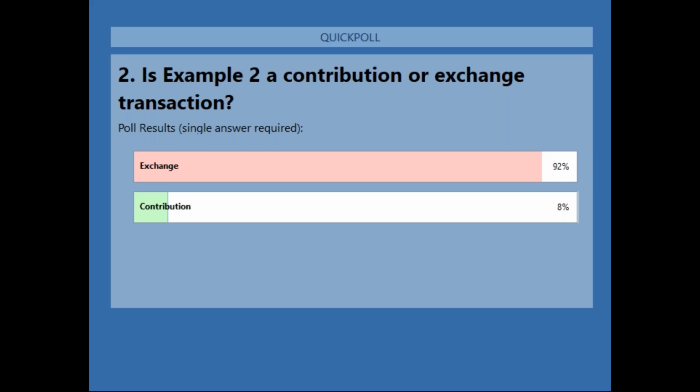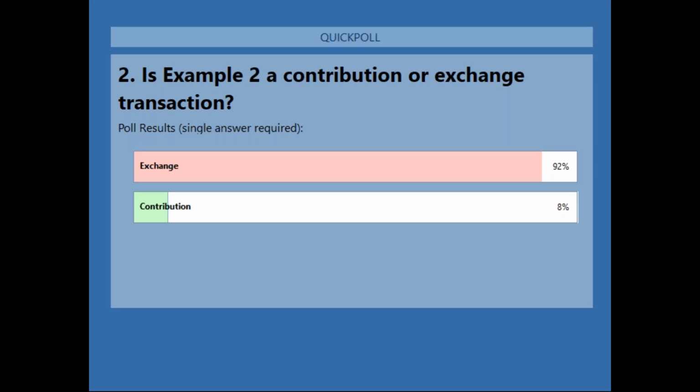So for this second example, this transaction is a contribution. It is not an exchange, and it's not an exchange transaction because commensurate value is not inherent in it. Basically, the granting agency provided the grant. Yes, it did stipulate that you have to follow some federal guidance, and any unspent funds are due back, but there was no commensurate value in this transaction. And I'm going to take a minute and go through this a little bit more in a second.